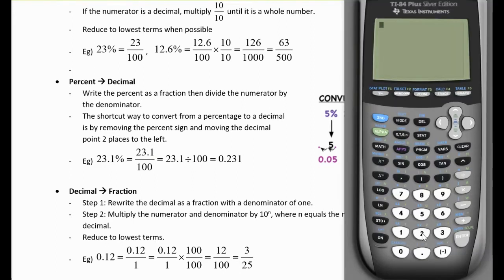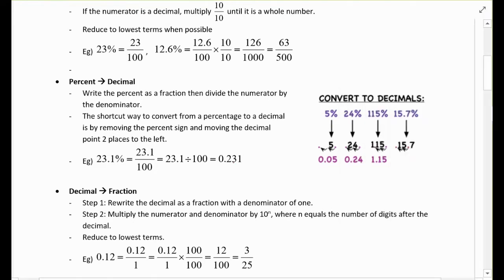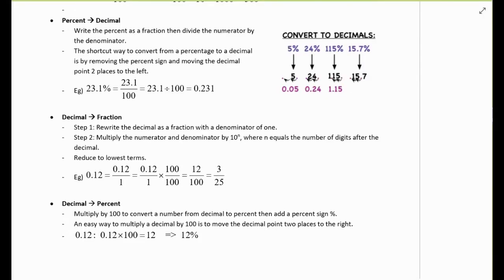Okay, so let's do it using your calculator. 23.1 divided by 100. Then it becomes 0.231. So as you see, 23.1% became